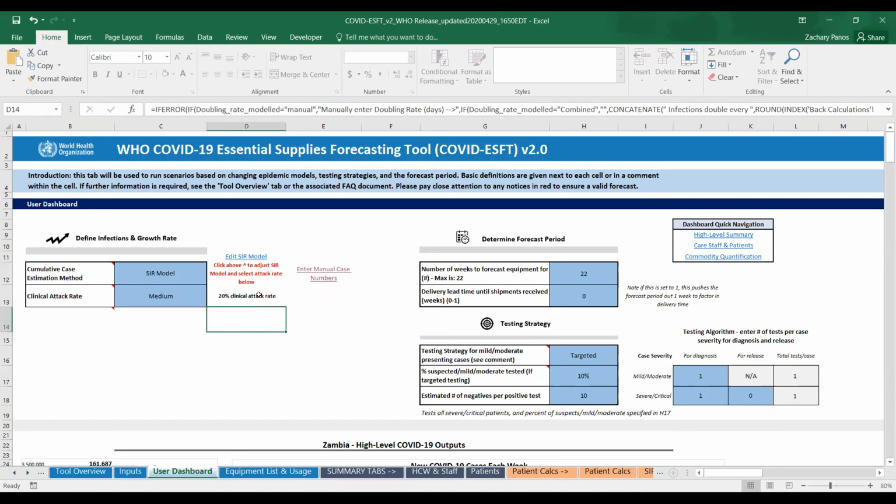There are other dedicated epidemiological models and tools that have been designed which function in a more precise manner, taking into consideration other types of complexities of disease transmission of COVID that should be used if available. However, the ESFT does provide the user with a built-in simplified version of an epidemiological compartmental transmission model.